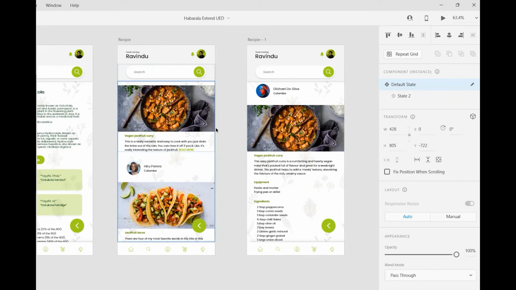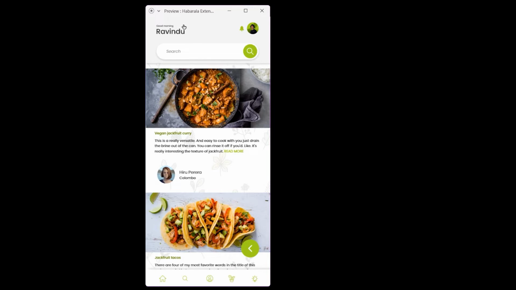In this function, mainly the app suggests new recipes from the edible plants to the user. And if the user wants to see more details about each recipe, he can click on each recipe and view details in this section. So let's see the preview of this section too. So this is the